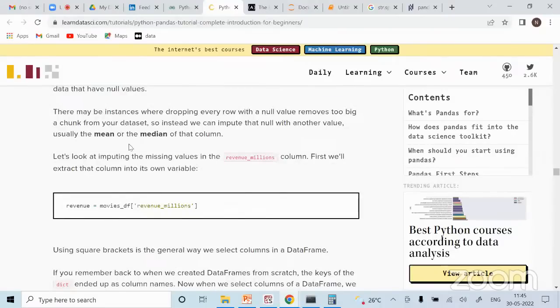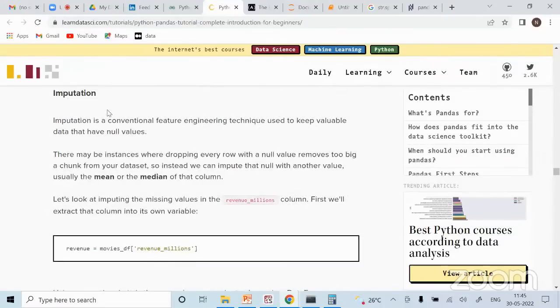And if you want to impute, we call it imputation. To fill the missing value with some value, we call this process imputation. Okay. So it's a conventional feature engineering technique. तो अगर आपसे कोई पूछता है कि if you know feature engineering, so you can say yes, because all these things whatever we are doing, right, checking the data type, making sure it is in the right format, checking for null values, checking for outliers, treating them, all these things come under feature engineering or data pre-processing or data analysis also.